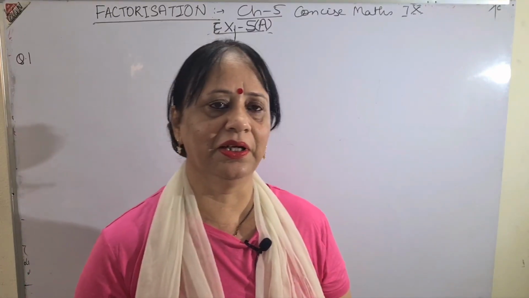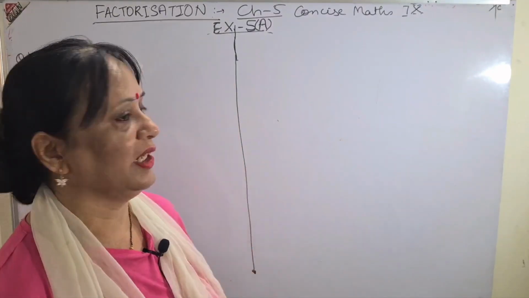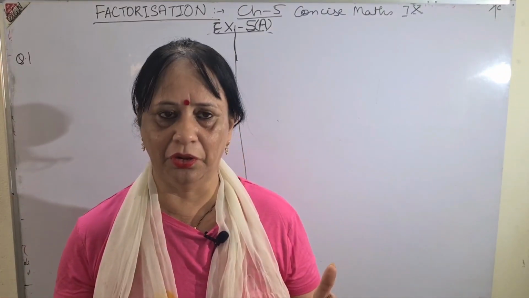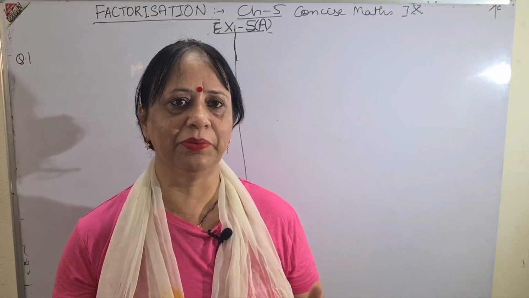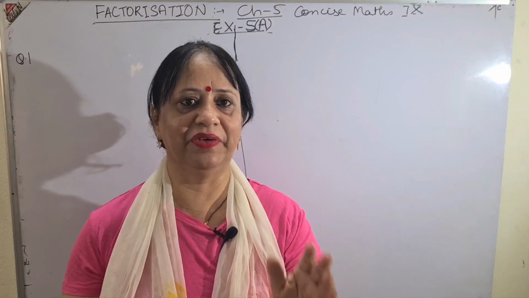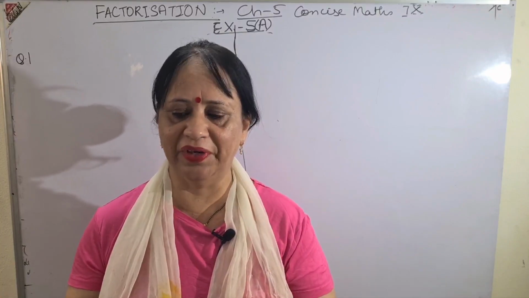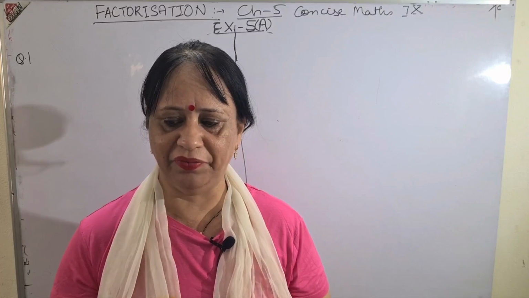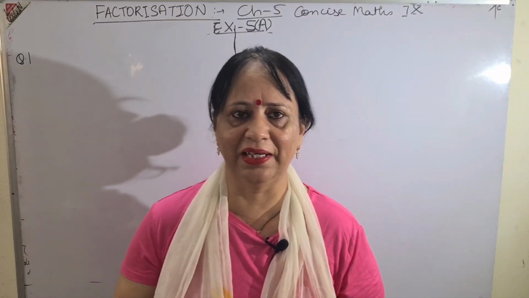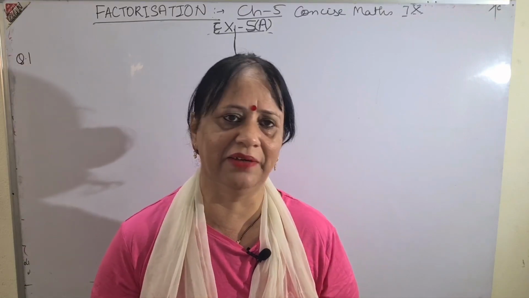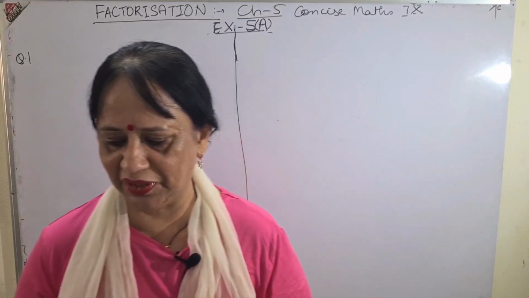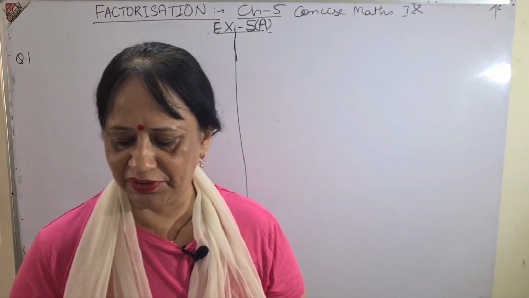Before I start, I'll read the word factorization. Factorization means one polynomial or equation in variables will be given to you and you have to put it into different groups. Factorizing means putting them into different groups, and that is said to be factorization. Now I will start exercise 5A directly. There is no formula in this; each and every type of sum I will try to make you understand. So, children, I'll start with the first question.